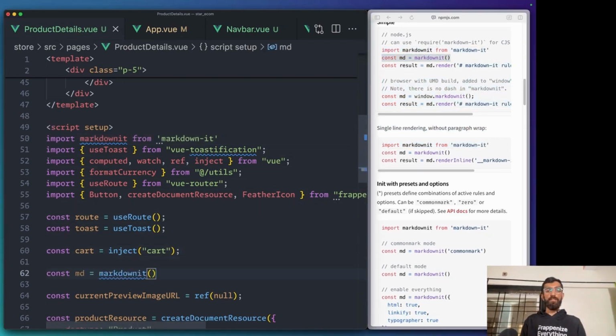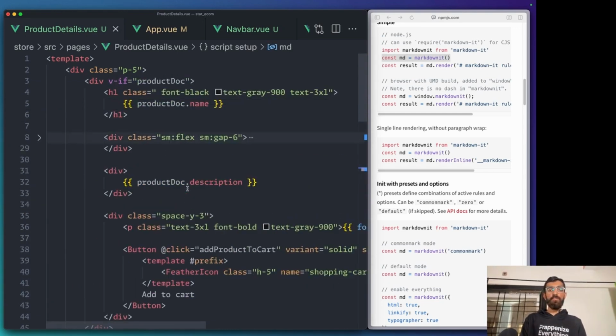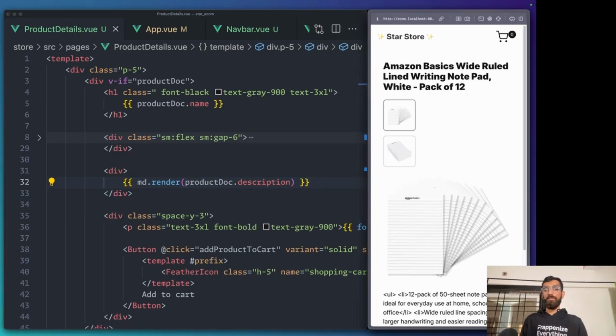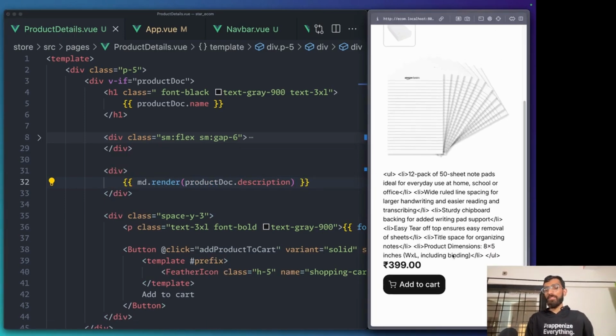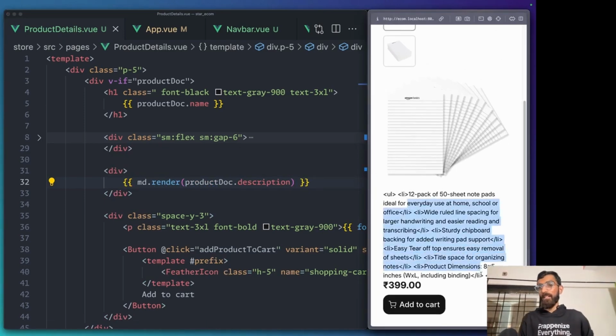Let's create it here. And then let's call it md, that is fine. So now you can come here and you can say md.render this markdown. What does this give you? This gives you HTML. See, it renders the markdown and gives you HTML. So how do I